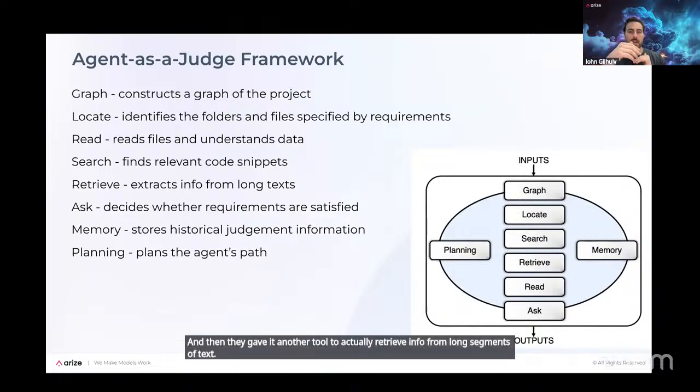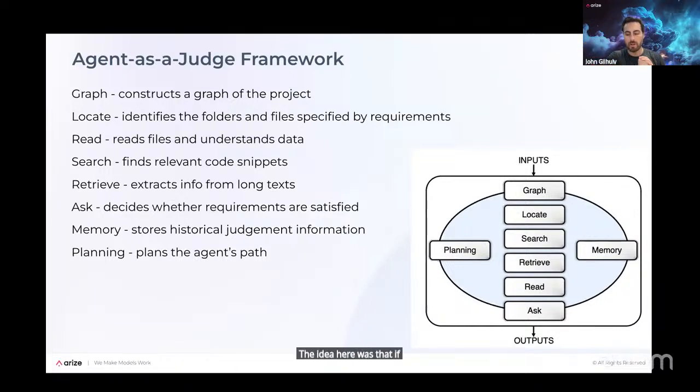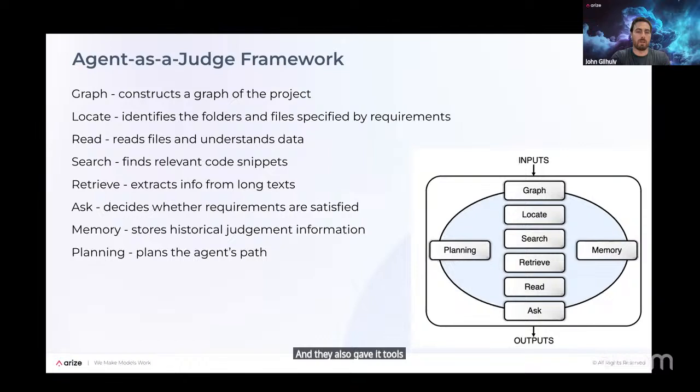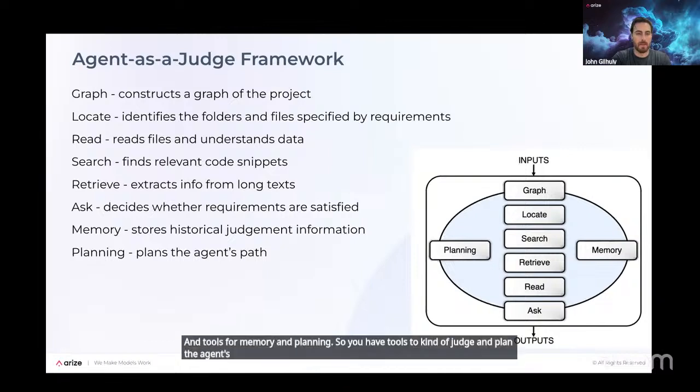The idea here was that if your coding agent generates a 1,000-line file, then you need to be able to retrieve individual info from specific areas of that longer file. And they also gave it tools for just asking whether or not the requirements are satisfied, and tools for memory and planning. So they gave it tools to kind of judge and plan the agent's path.